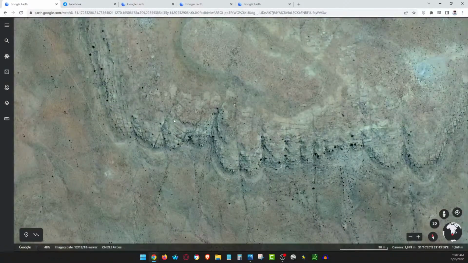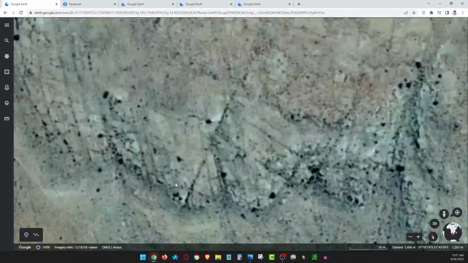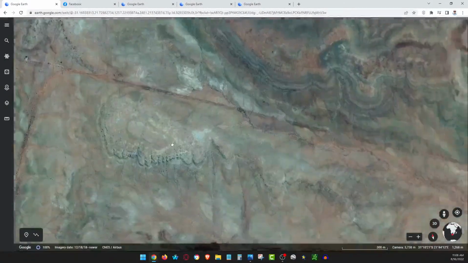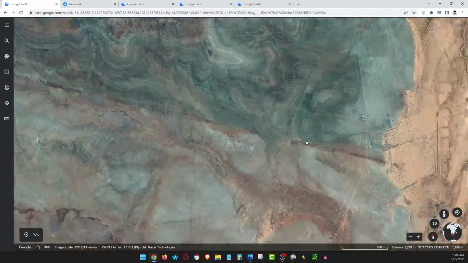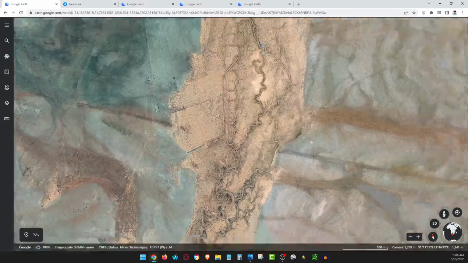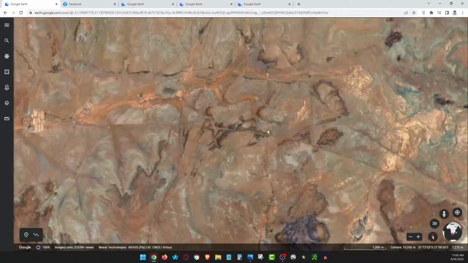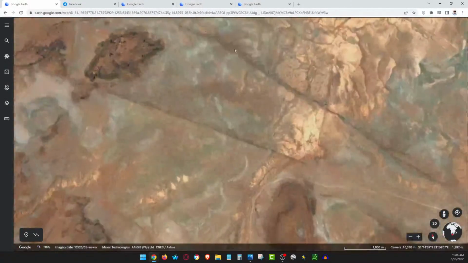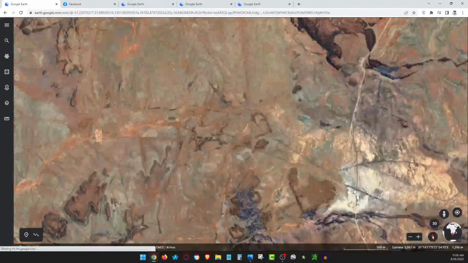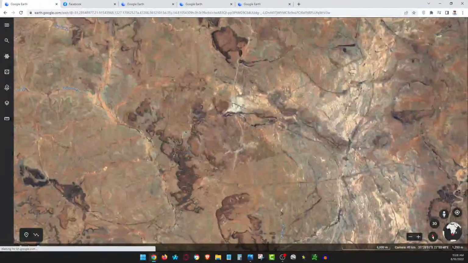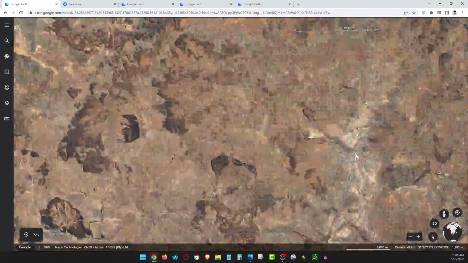Look at those. When I see these lines, I say somebody's done something to that. And the reason why is, check my previous video. The line's still going. It stops here? No, it keeps going. We can follow that line for hundreds of miles. And here are some other lines meeting it. And no, it's not part of the Earth. The lines are going on for hundreds of miles.